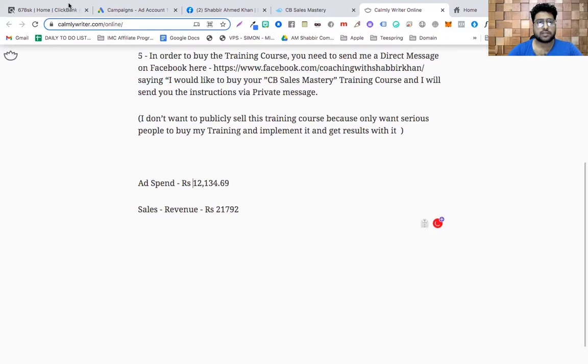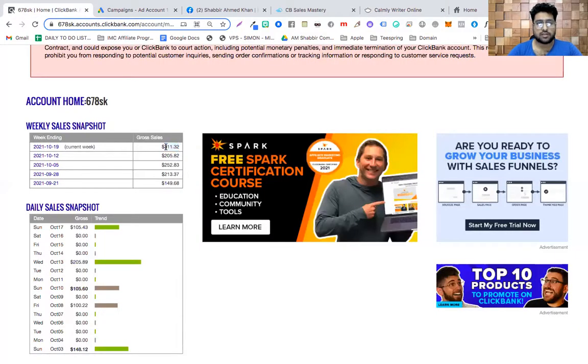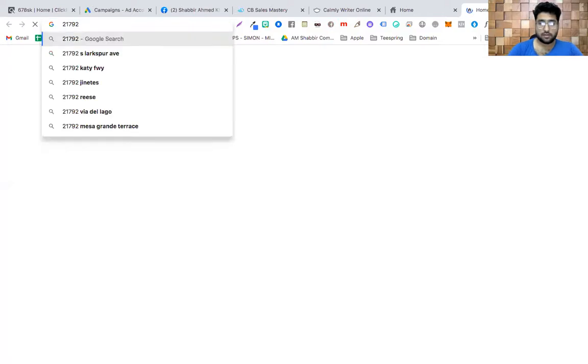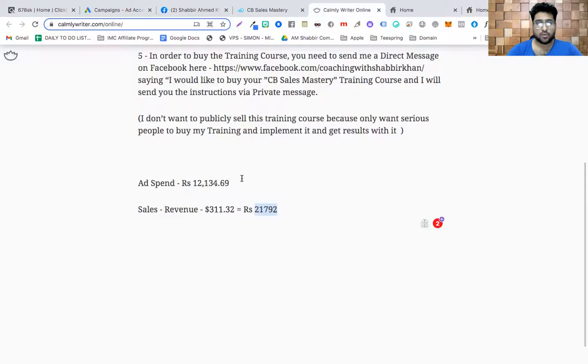In dollars it's 311 US dollars. So this week I've spent 12,000 Indian rupees and made well over 21,000 rupees. So if I do the maths here, let's subtract this number from this one and see how much I'm into profit.